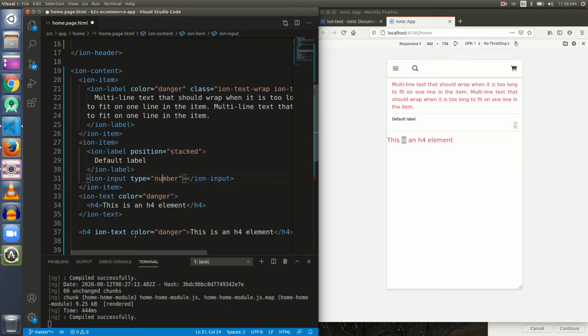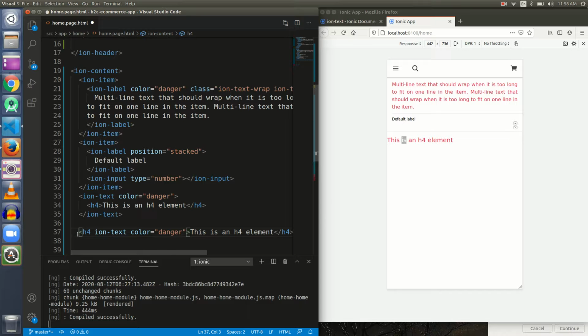This was the syntax used previously by Ionic to color a text. Now in Ionic 5, ion-text is used not as an attribute, but it has been given an element form.